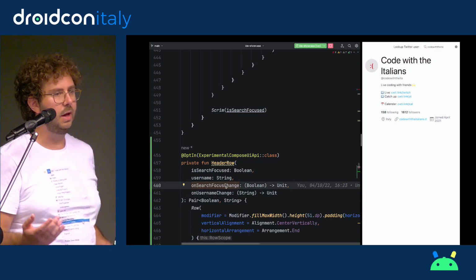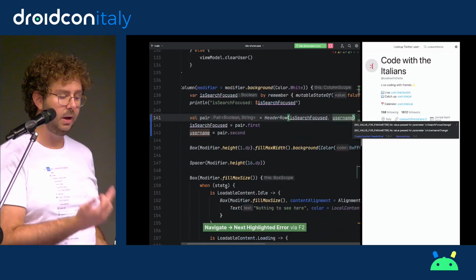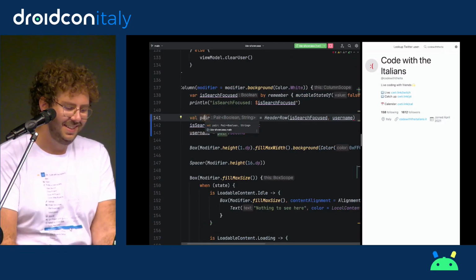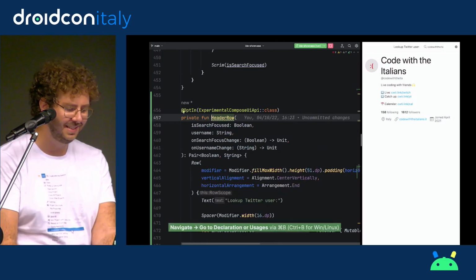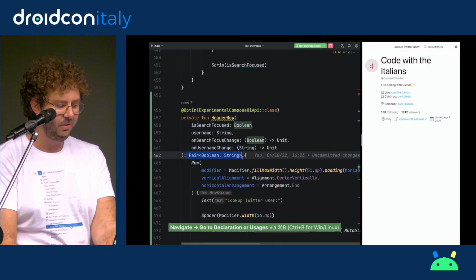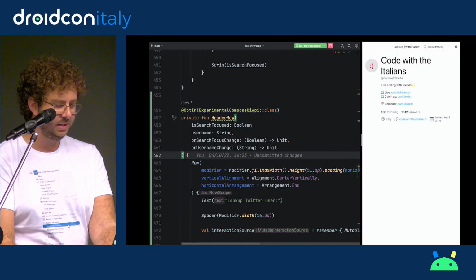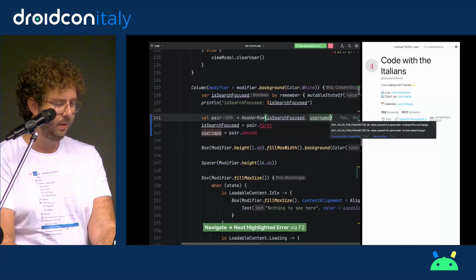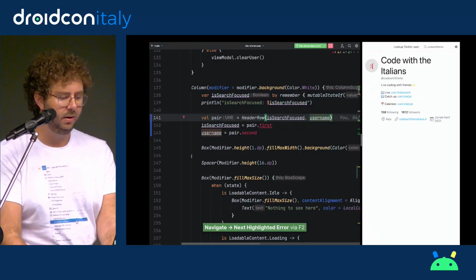So what I need to do now that I've hoisted the state, I need to go back where I was, where the red is now, where pair is. I don't need pair anymore. Let me go and fix it. I am going to delete pair. There's going to be some red at the bottom. I do not need that anymore. And then I can go back up where the red was.